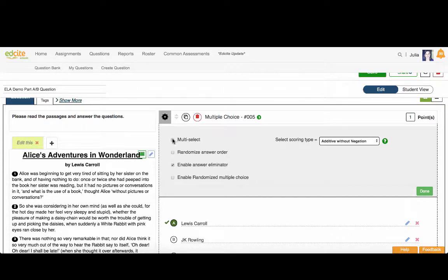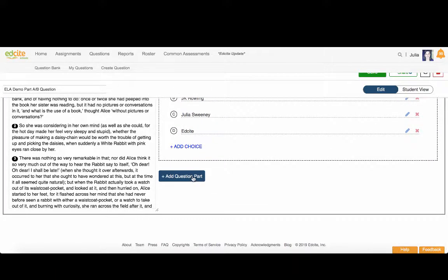If you do make this a multi-select, though, you can adjust the scoring. So if you want students to get penalized for selecting the wrong answers, you can do additive with negation. Independent true-false just assesses a point for each answer choice and gives the point based on whether they've selected it or not selected it. And more information about the types of multi-select scoring can be found with this green question mark. So I'm going to say done with that,